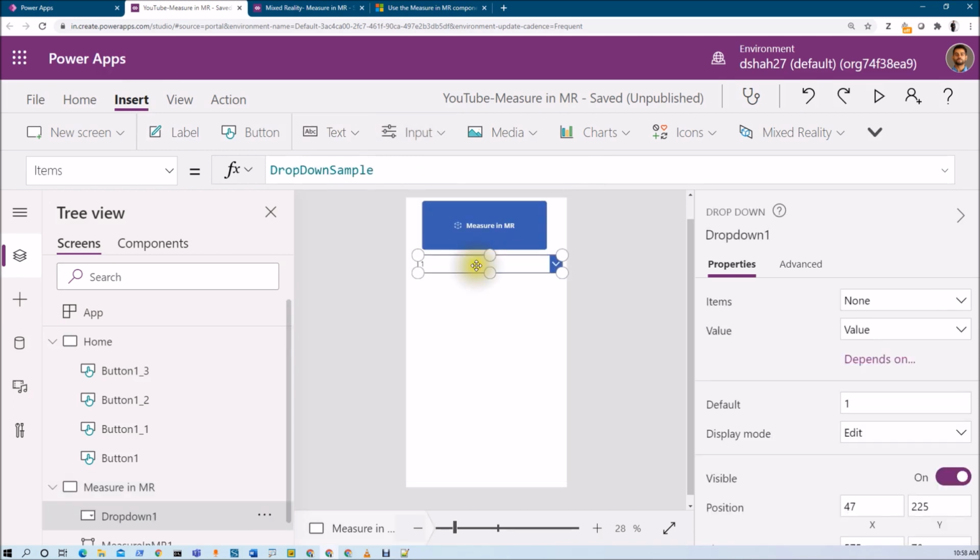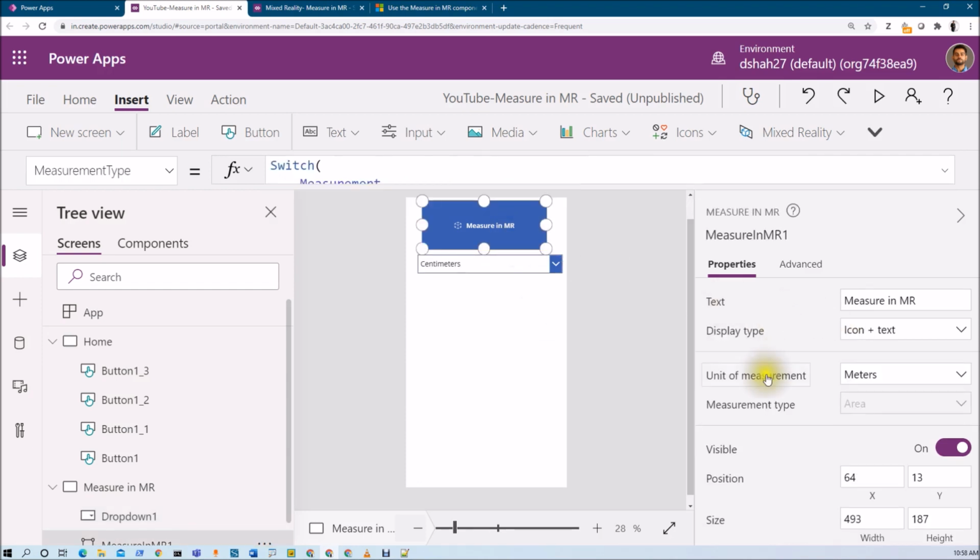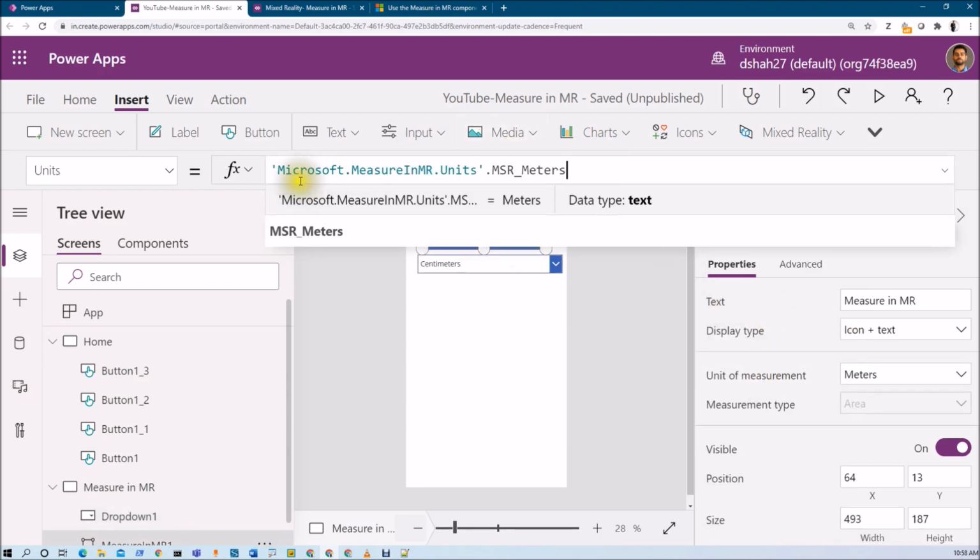This is the similar one that we have created in the previous session. So let me just provide the items value as specific here. I'm defining my items as centimeter, meters, feet and inches, right? Now whatever value is selected, the property should be filtered based on that. Unit of measurement is accepting a value in the form of